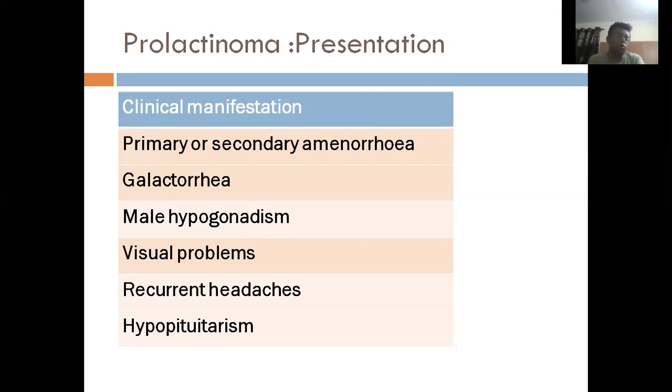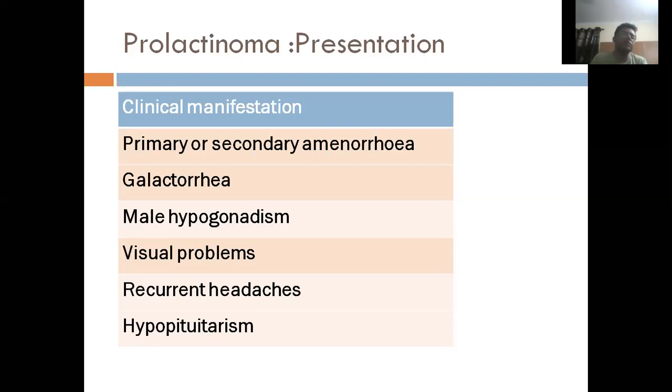In males, that is not going to occur, but hyperprolactinemia can cause increased estrogen level also by inhibiting the secretion of testosterone, and therefore long-standing hyperprolactinemia can cause male galactorrhea also. But generally, you will not see that in a male. Male hypogonadism is often very difficult to diagnose because it's insidious onset, unlike females in which the amenorrhea becomes evident quite easily.